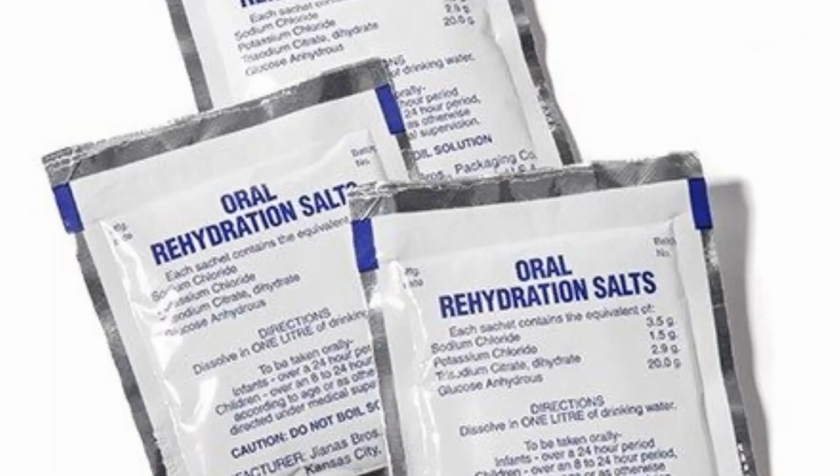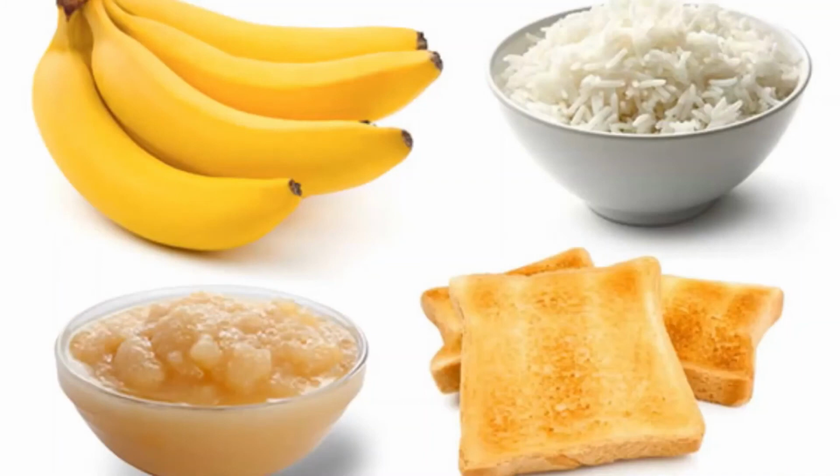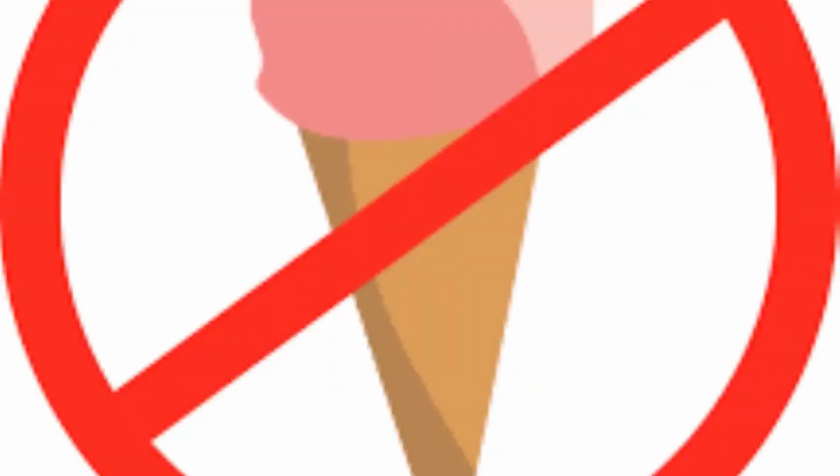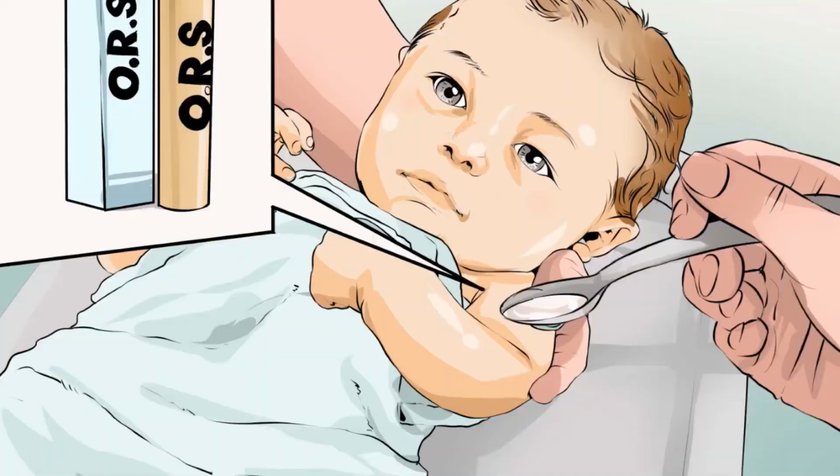Secondly, get your child back to a normal diet slowly. You should gradually introduce bland, easy to digest food such as toast, rice, bananas, and potatoes. Also, you should avoid certain food. For example, you should not give your child dairy products or sugary foods such as ice cream, sodas, and candy. These can make diarrhea worse. Next is that you should make sure your child gets plenty of rest. The illness and dehydration may have made your child weak and tired, so he or she should get plenty of rest.